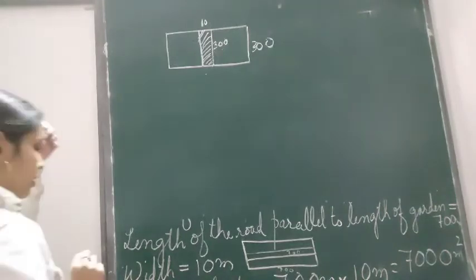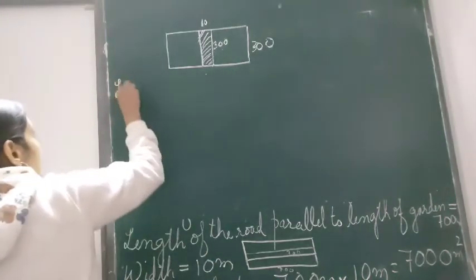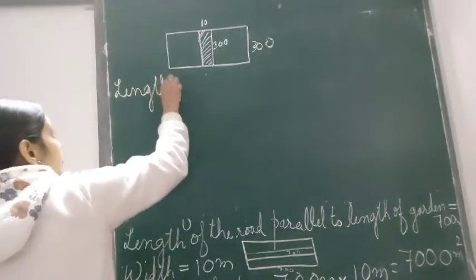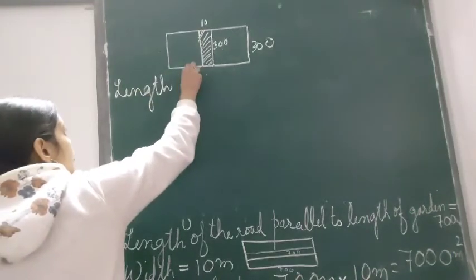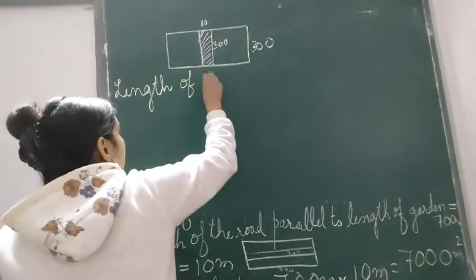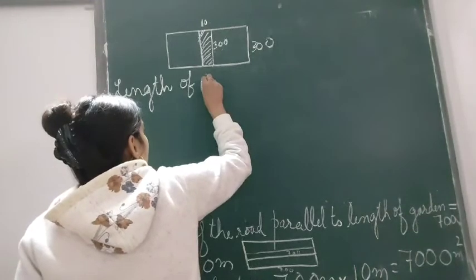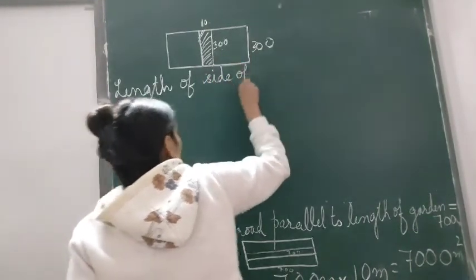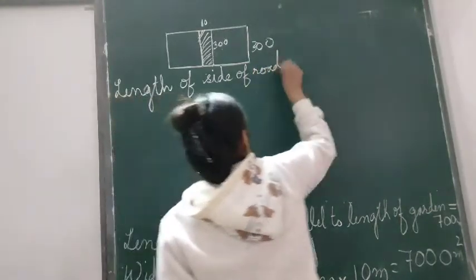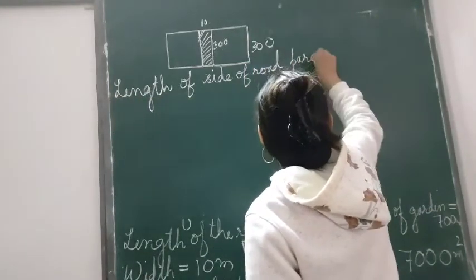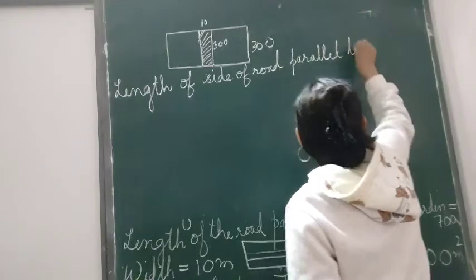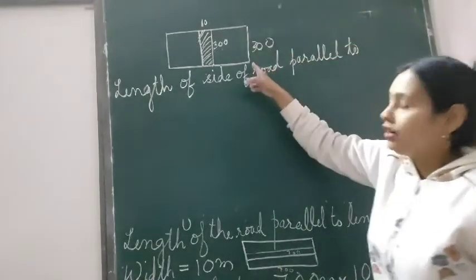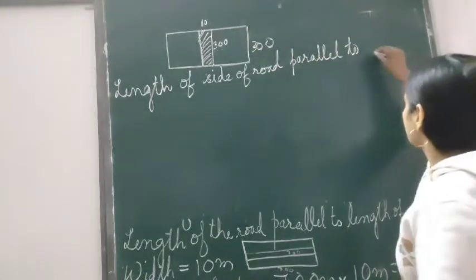So, let's write. Length of the side of road parallel to, this time it is parallel to the breadth of the road. So we write that parallel